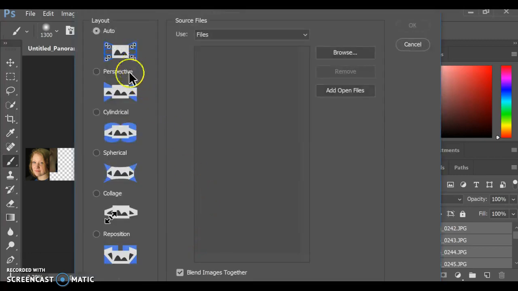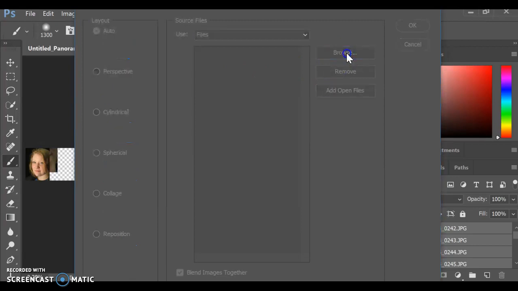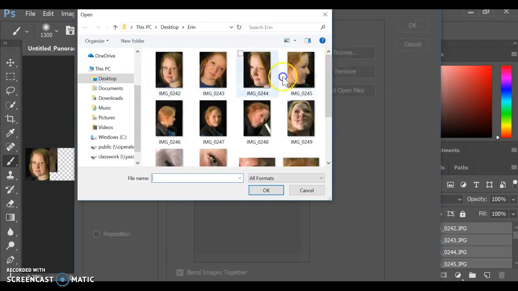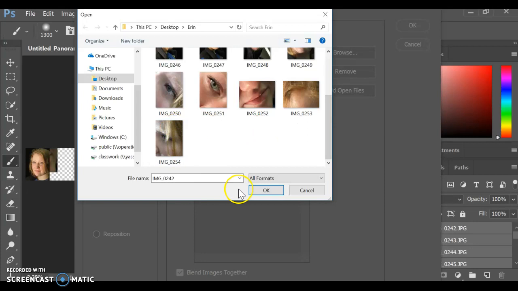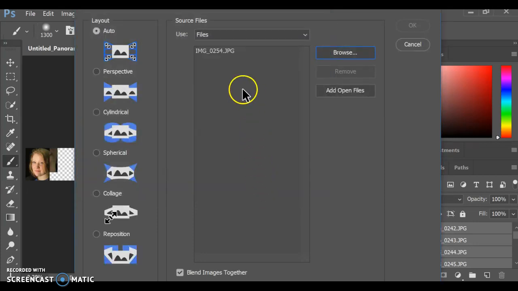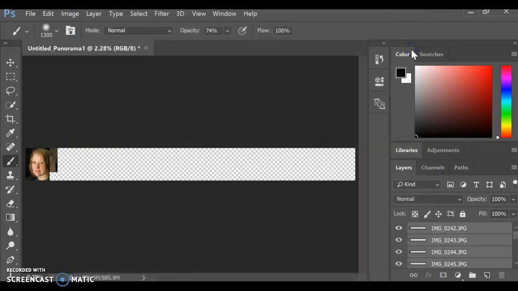Under Photo Merge, there are a whole bunch of different options, some of them actually quite cool, but we're going to stick to Auto at this point. You're going to hit Browse, and you're going to find all of your images. You're looking for about 12 to 15 of them, and you're going to need to select all of them, and then you're going to hit OK. It'll load all of them in there, so there will be about 15 files. I didn't load all of them because it tends to slow down the computer. Then you're going to hit OK, and it's going to take all of your images, and it will merge them